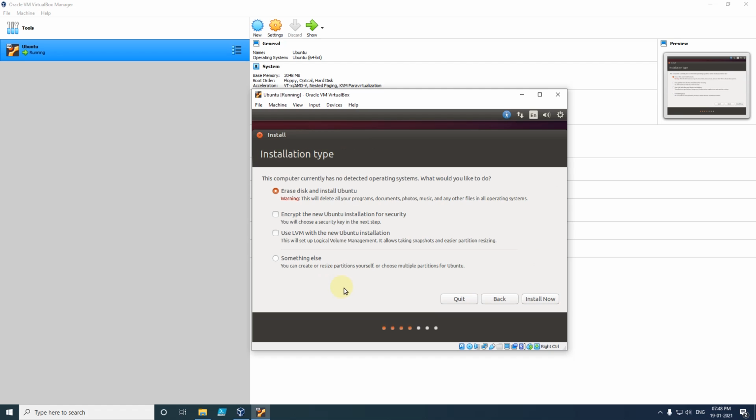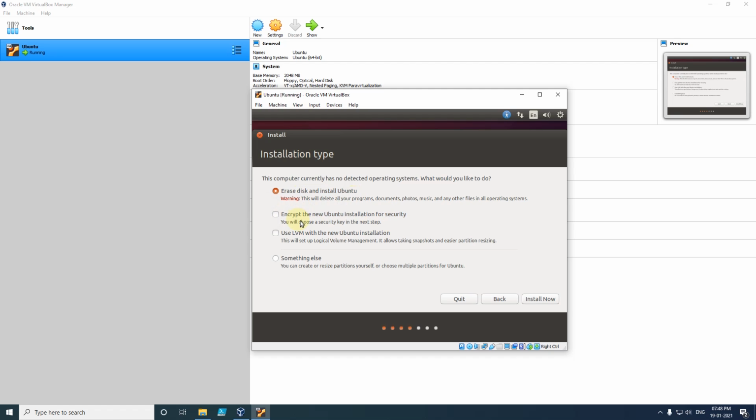Again we have two options, erase disk and install Ubuntu or something else. If you don't want to erase the disk, then you can click on something else. Because after installation we don't want the disk, that is the reason we have selected erase disk and install Ubuntu. We have also two other options, like encrypt the new Ubuntu installation for security.